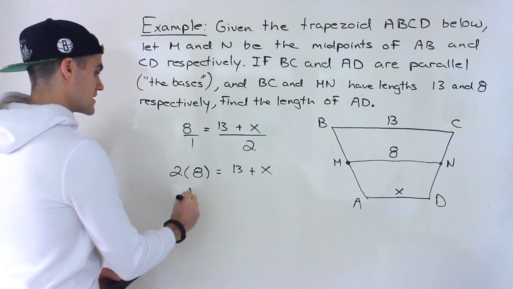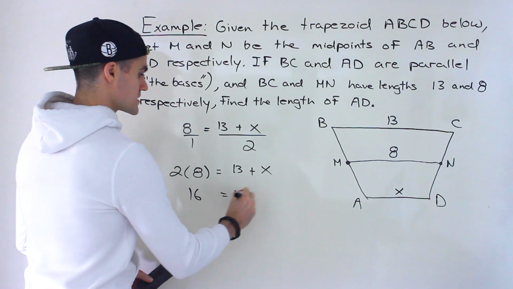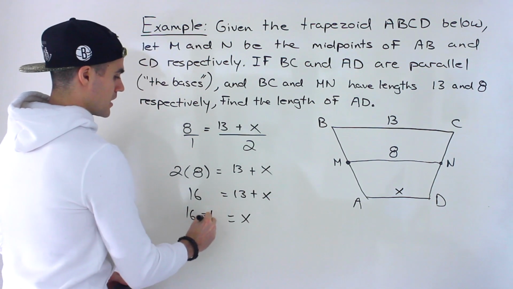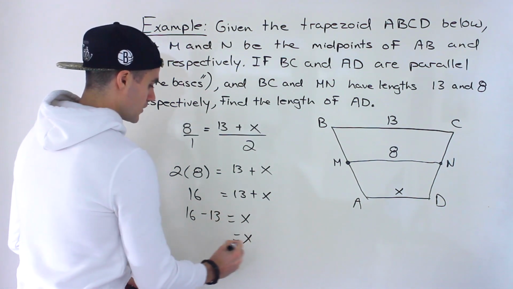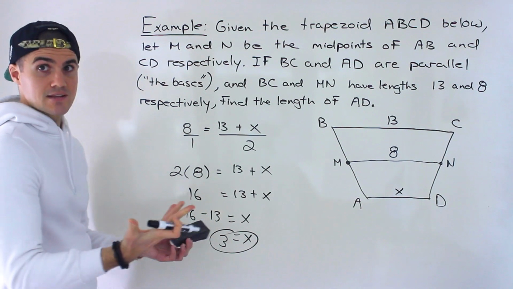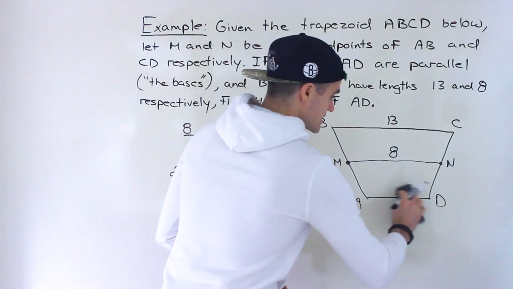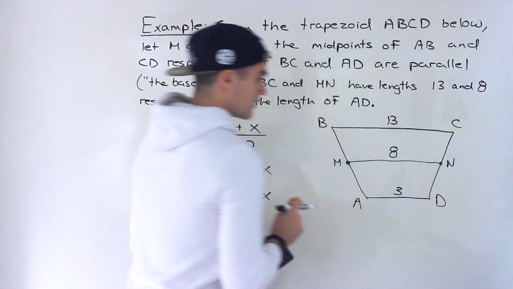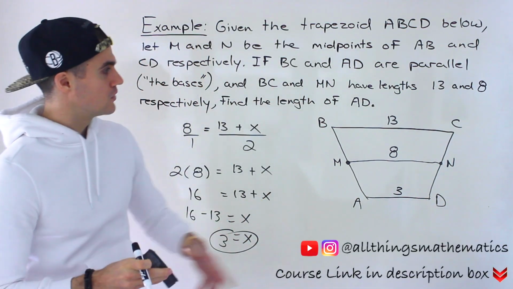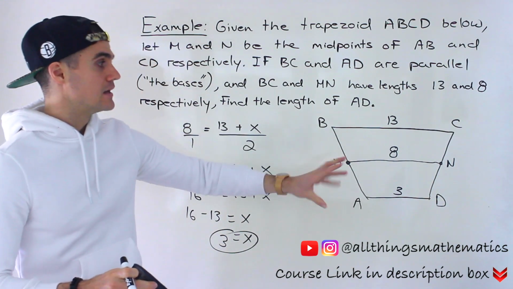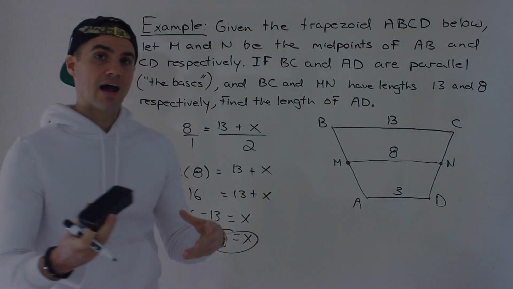So we're going to have 16 over here, 13 plus X. Bring the 13 over: 16 minus 13, so X would end up being 3. So that's the answer to this question. This base over here of the trapezoid has a length of 3, and you could do a quick check. Notice that if we take 13, add 3, that's going to be 16, divided by 2 would give us that average of